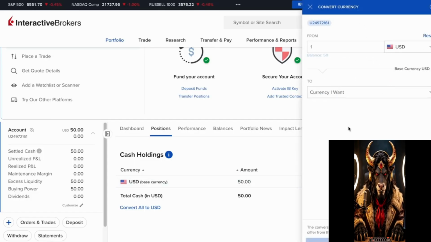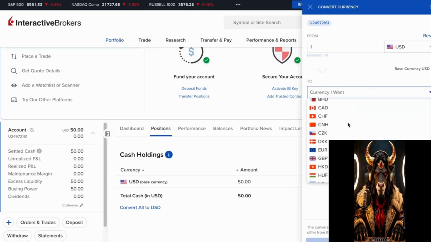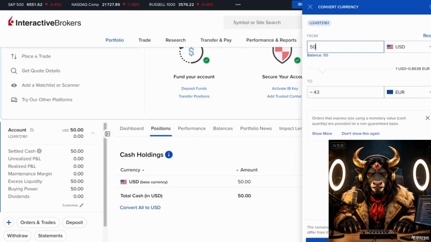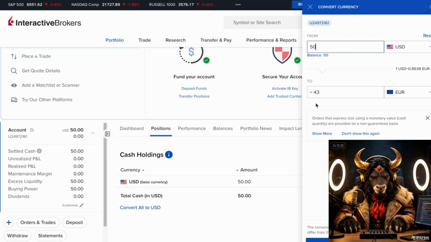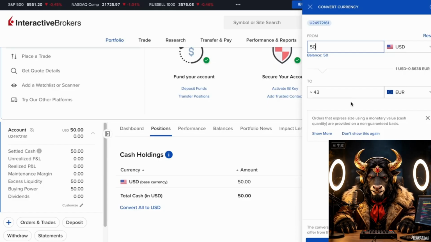And on this screen here, you can basically choose what currency you want to convert over to. So this is going to be the list here of all of the supported currencies. So if you're looking to convert this over to a euro, for example, you would type in the amount here you're looking to convert, like 50, for example. It's going to show you the conversion amount here at the bottom. So if you're looking to swap over your US dollars into a different currency or any other direction like that, that's how you would do a currency